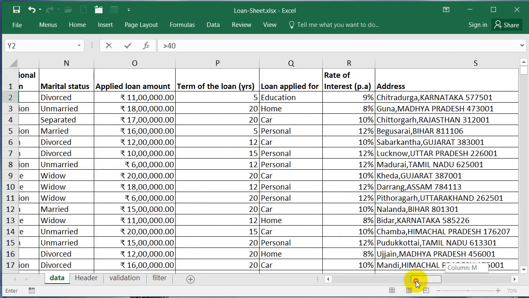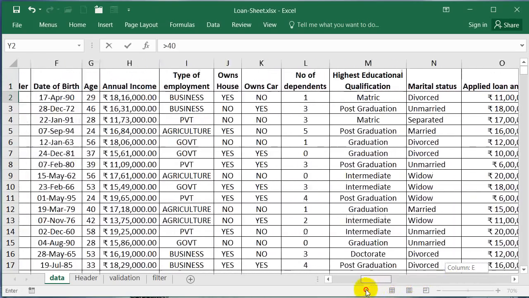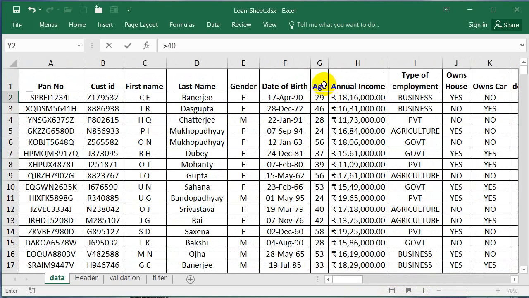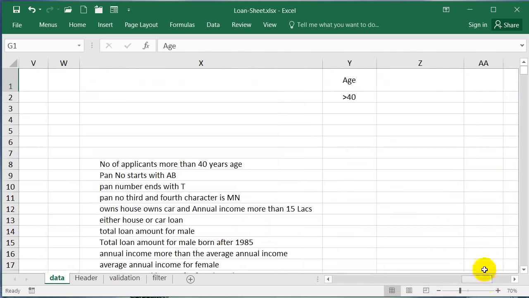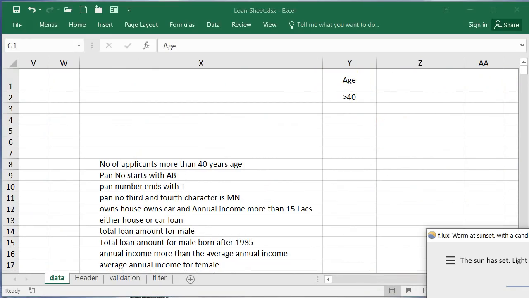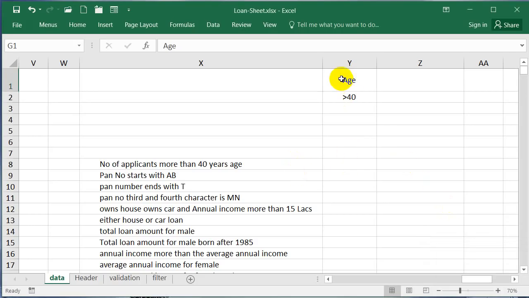And the only care you have to take is wherever you have put the age, this and that criteria should be, this spelling should be exactly similar, right? So this is my criteria, and here I write number of applicants.